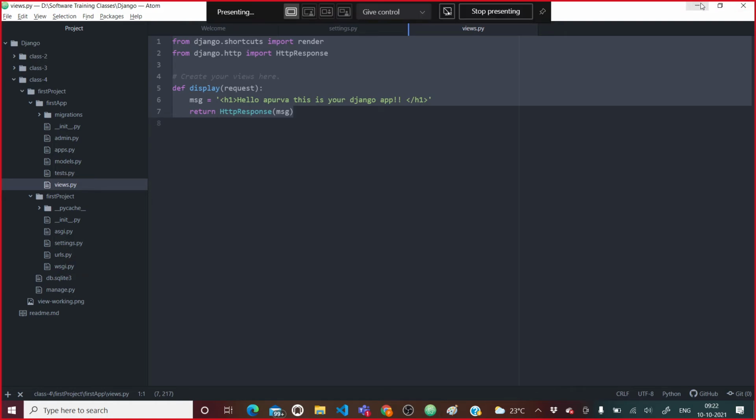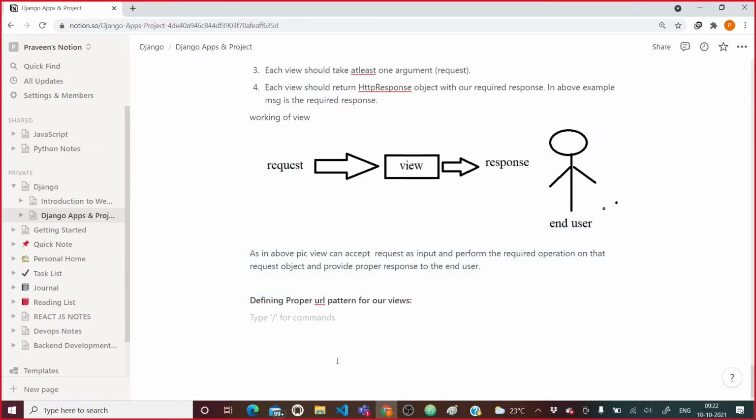To define this I need to write something. So what is this URL pattern? We can define the URL pattern for our view in the urls.py file.